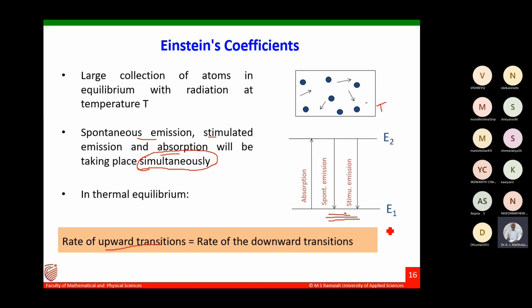This is one of the major derivations that we most likely ask in our exams: get an expression for so and so in terms of Einstein coefficients. We ask it for 4 or 5 marks. That's also possible. We first independently discussed the three phenomena. Now we are coming to thermal equilibrium, where we understood that the rate of upward transition should be equivalent to downward transitions.